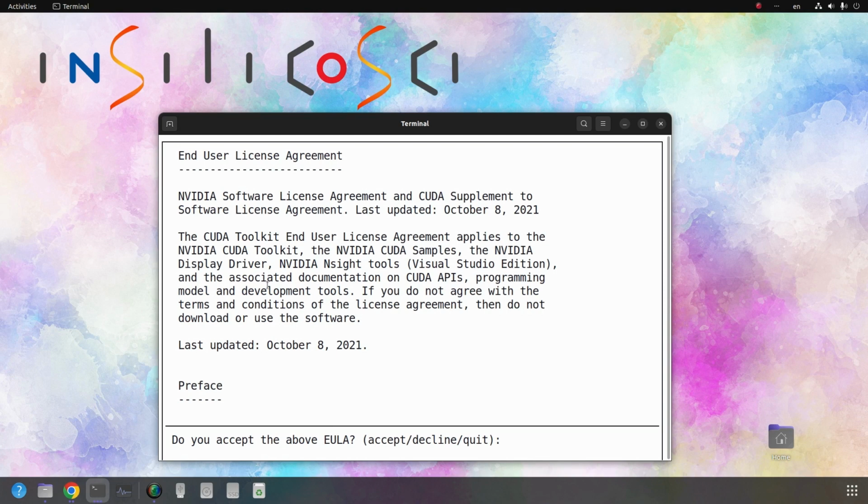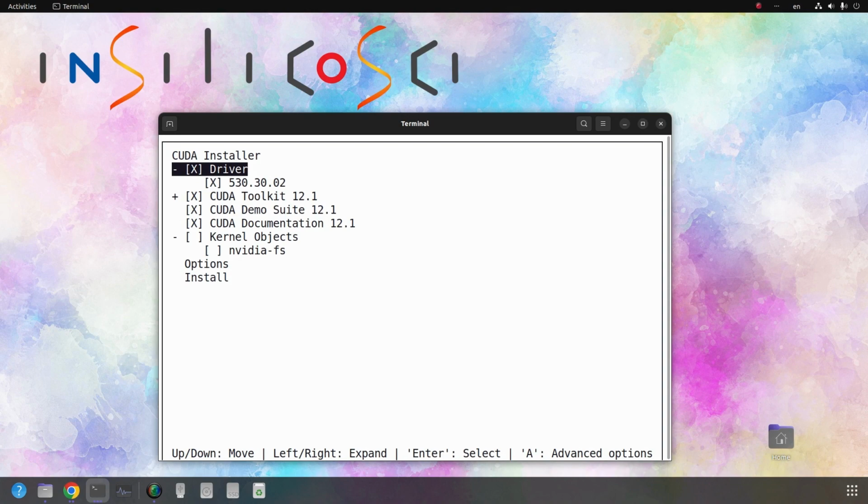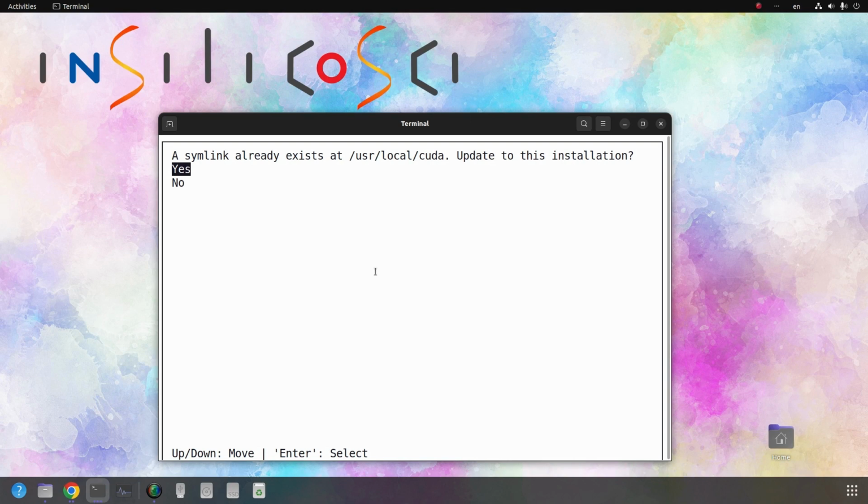It takes a few seconds, and then here I type accept. And then here you choose what you want to install. We don't need CUDA demo and CUDA documents, and if you already have a CUDA driver for your graphic card, you can uncheck this option and just install CUDA Toolkit. Okay, and then press install. Okay, I already installed the CUDA Toolkit and CUDA driver, so I'm not gonna install them again. But if you don't have them, all you need to do is to follow this procedure until it says you have installed the CUDA Toolkit on your computer, and then restart your computer.